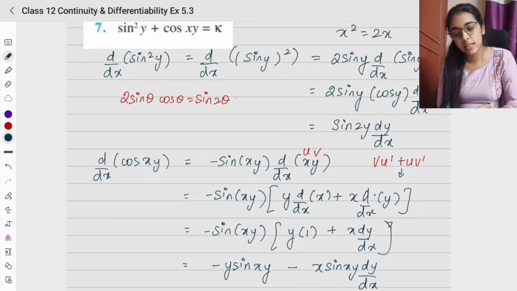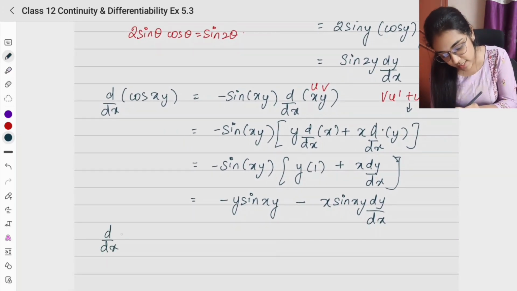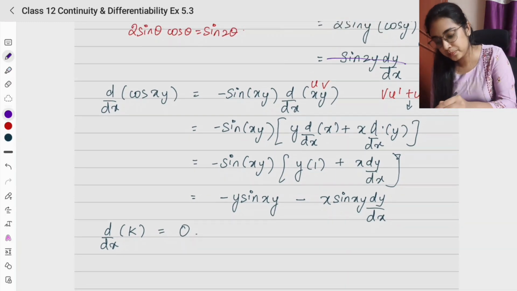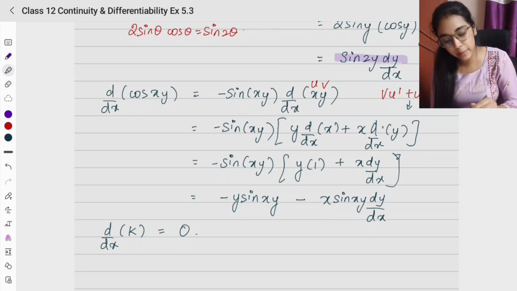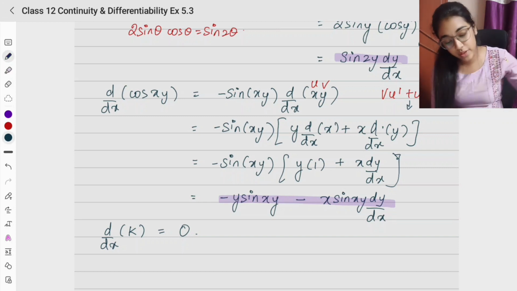Don't forget this. Then on the LHS I have k. So, d by dx of any constant is going to be 0. So, d by dx of k is going to be 0. So, now ultimately what values are we going to write? I'll mark that in purple. So, sin 2y dy by dx and then this term. So, if we consolidate and write it, what will we get? I'm going to have